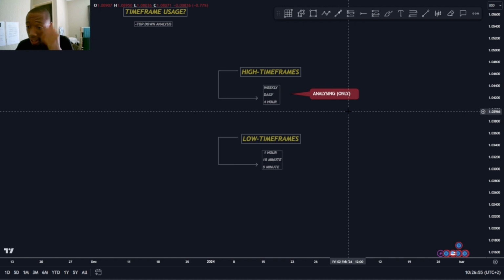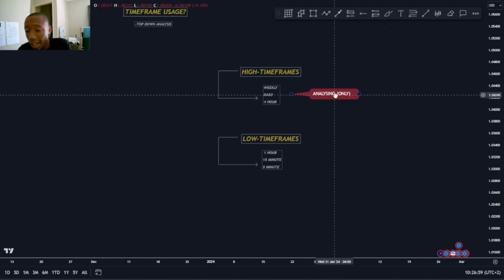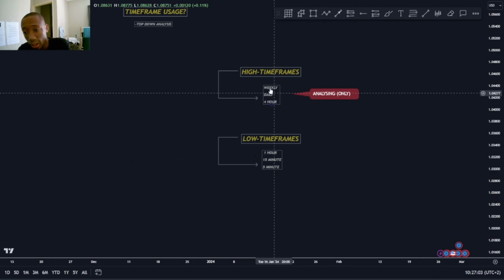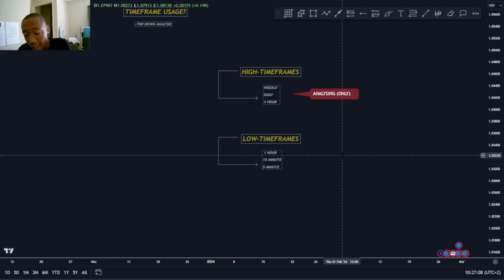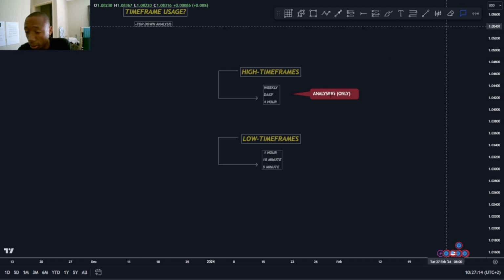This is my analysis time frame. So even if you can see my videos, guys, I'll never analyze on the lower time frames. I only analyze on the weekly or the daily or the 4 hour, right? These are the only 3 time frames that I analyze on. Then going into the lower time frames, I use the lower time frames for